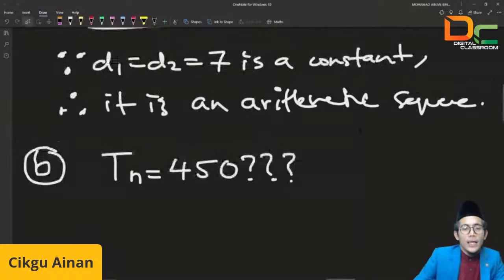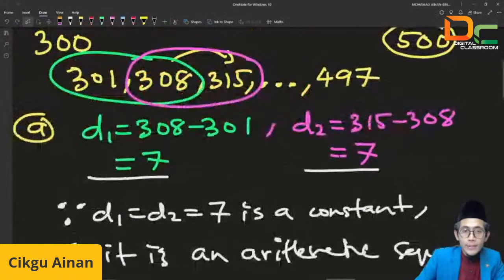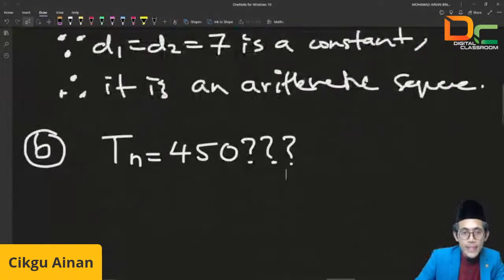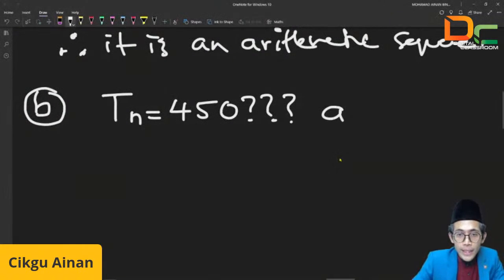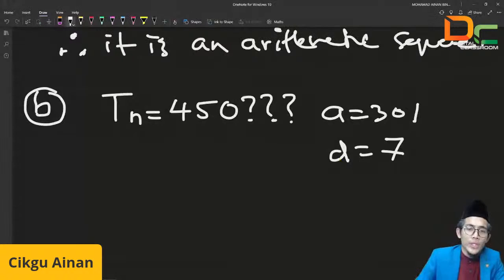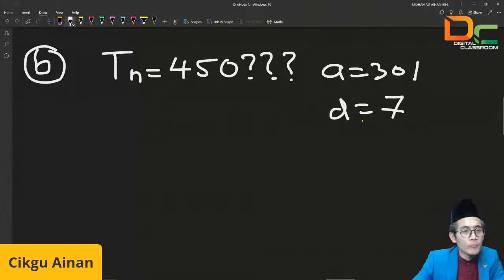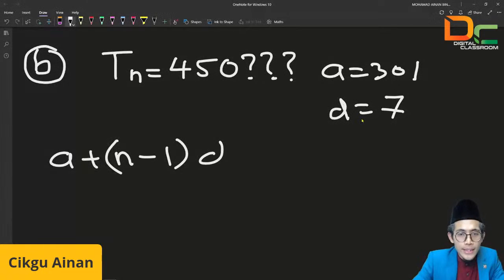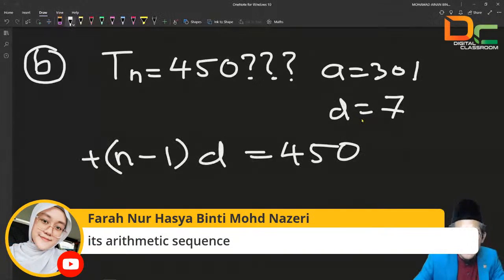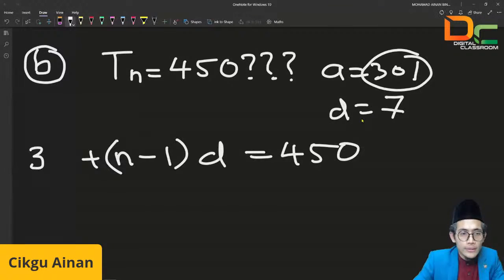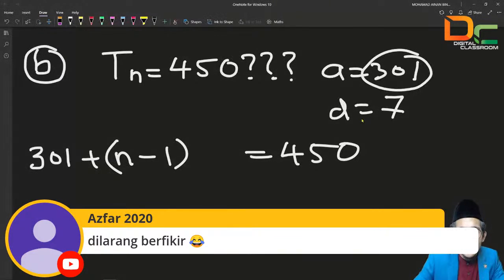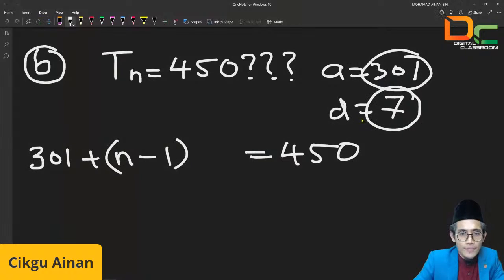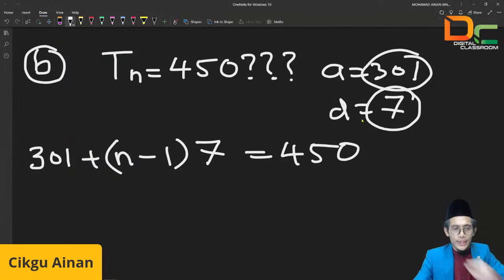So from here we need the A and the common difference. The A is 301, and the D is 7. Okay, so just use the formula. Okay, so A plus n minus 1 bracket D equals 450. Okay, so the A is over here, 301, and D over here is 7. Okay, now